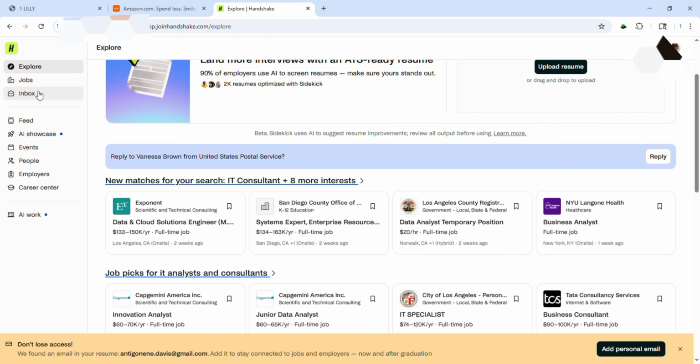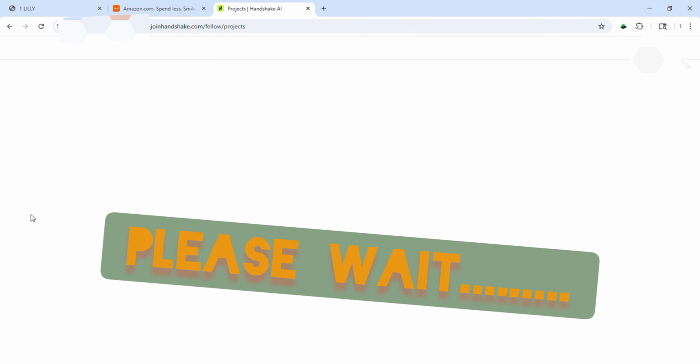You find that some people don't know whether we have some categorization when it comes to Dynamo projects. Therefore, let me just go direct into Project Dynamo so that I can show you. Now, one thing you should understand is that you don't go to AI Showcase. You just go to AI Work so that you can visit Project Dynamo. This is where you click. After you click, it opens